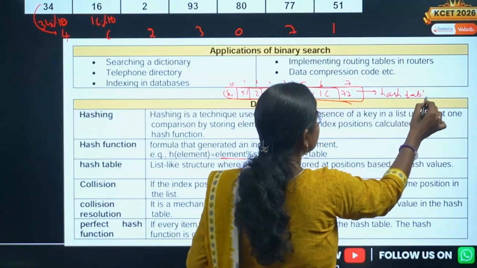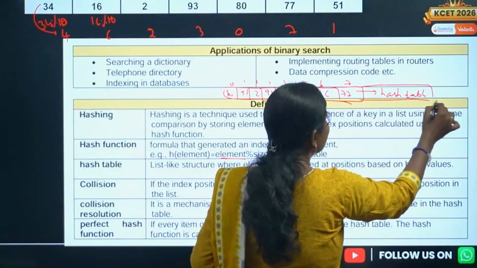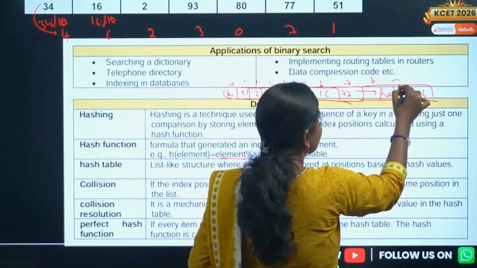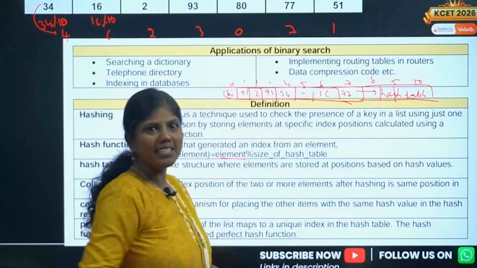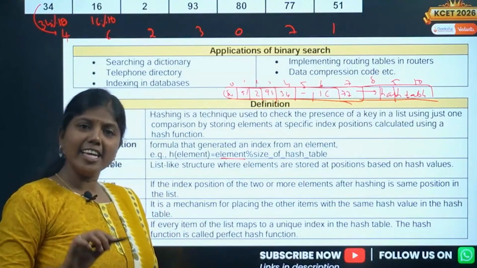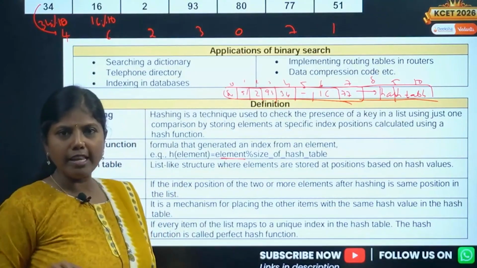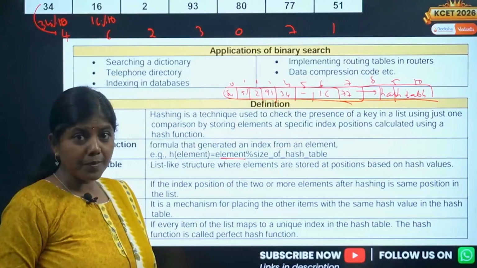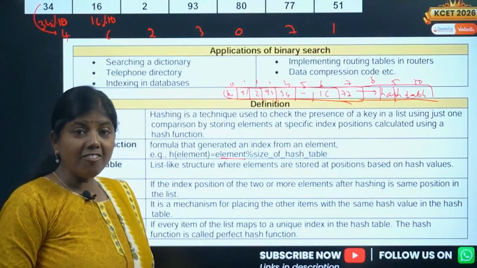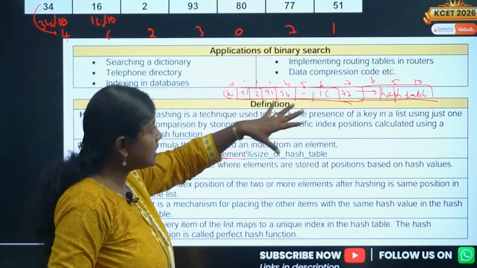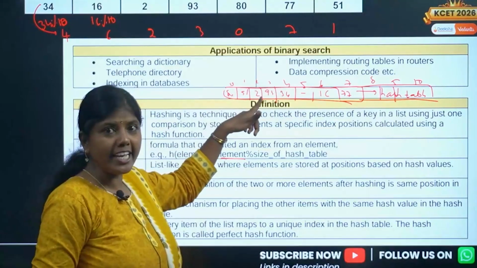It goes up to 8, 9, 10 because I've taken the hash table size as 10. It can be more than this as well, it can be anything. That's what I told you. Is the point clear? This is called the hash table, and it will help you in finding elements.